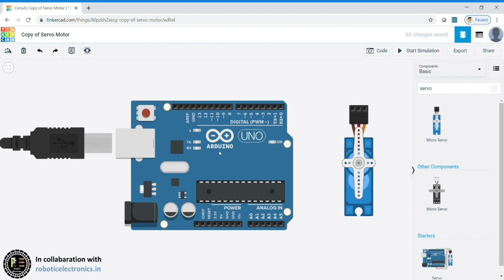And this is the Arduino Uno. You can clearly see the digital pins, analog pins, power pins and some other pins, the power jack, the cable port where you upload code and power the board, and the reset button. Now we will connect the servo motor with the Arduino Uno. First, let us connect the ground with the ground of the Arduino Uno.